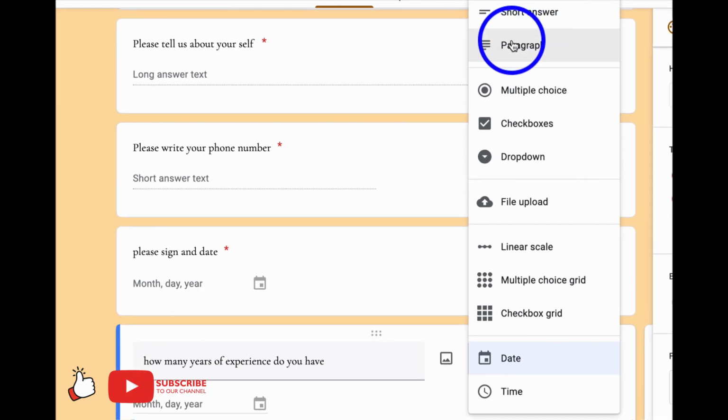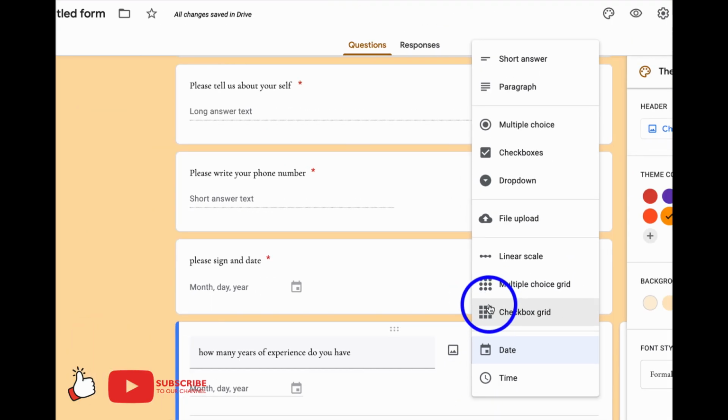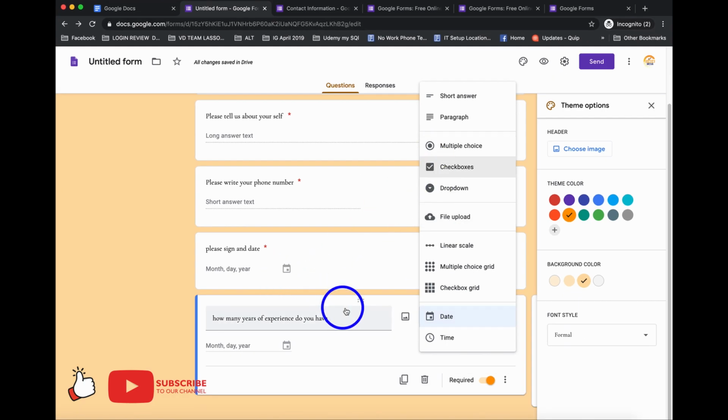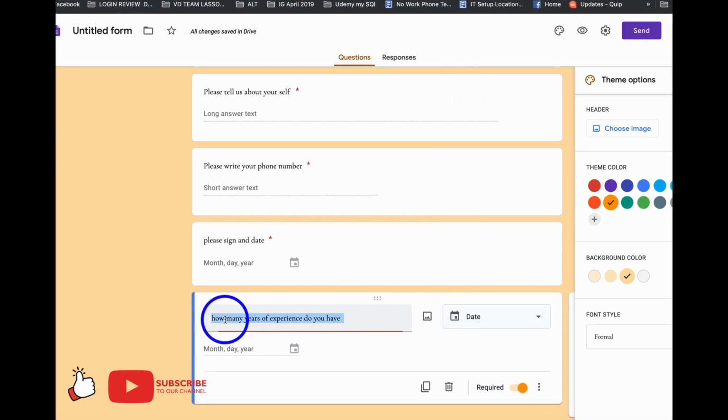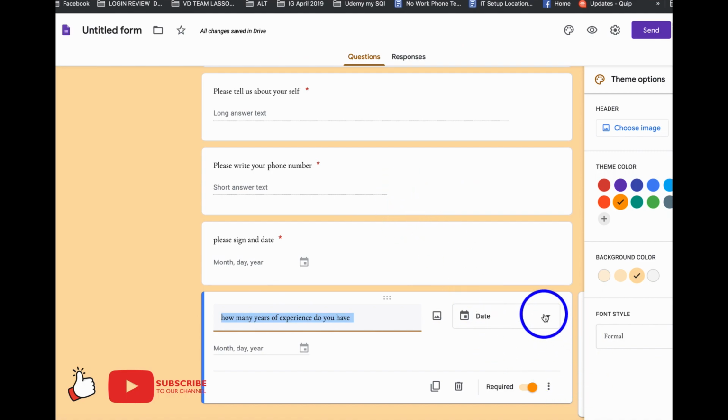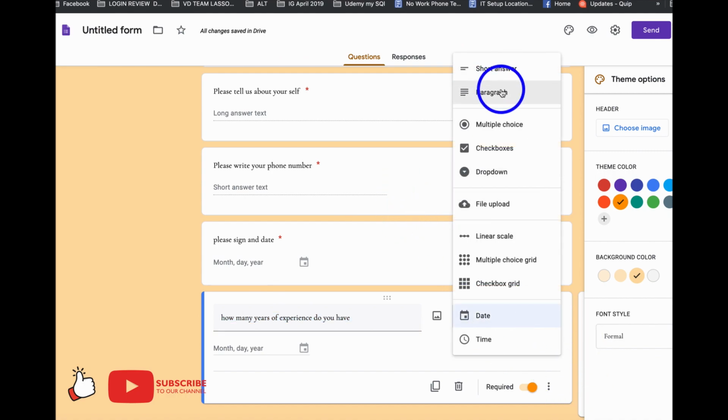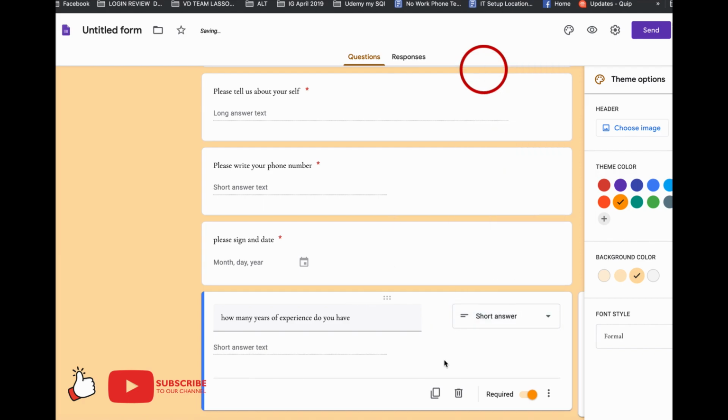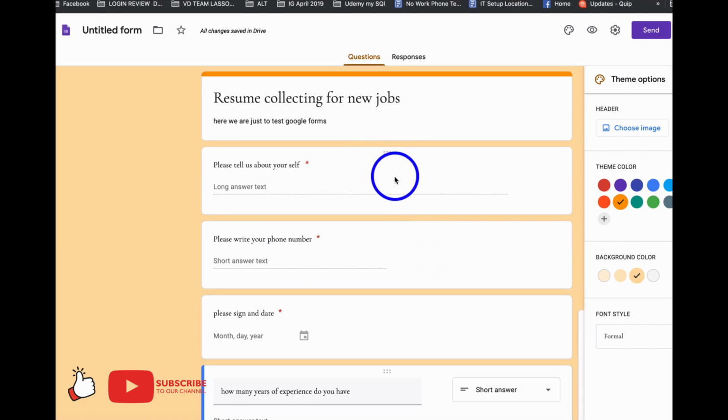You can see short answer, paragraph, multiple choices, checkboxes, drop down, file upload, linear scale, multiple choice grid, checkbox grid, date, time. You can select any of them. But for this one, as they will tell us about their experience, you will just select short answer. Okay, so we are almost done with our designs, and let's go now to see